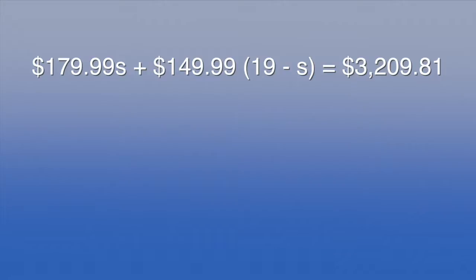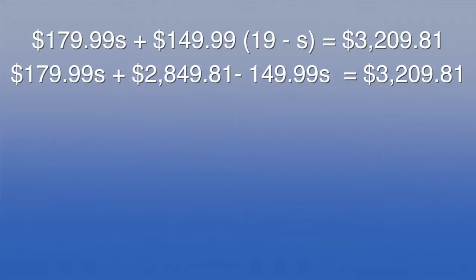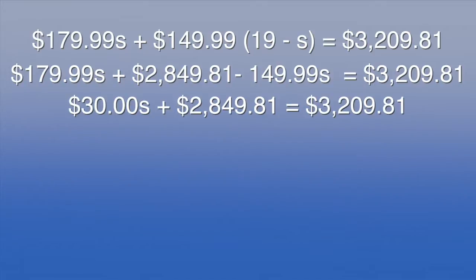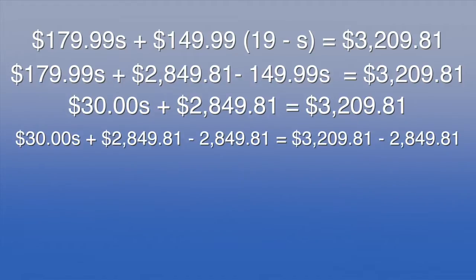So solving the equation, 179.99S plus 2,849.81 minus $149.99S equals $3,209.81. Combining up the terms, we have $30S plus $2,849.81 equals $3,209.81. We want to get the S by itself, so we're going to have to take the $30 times S plus